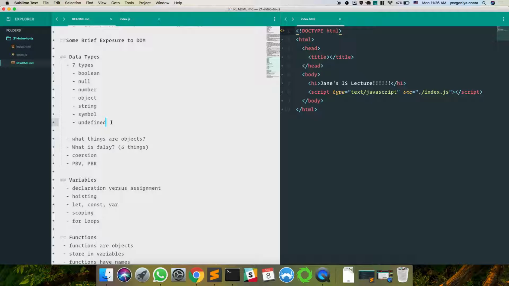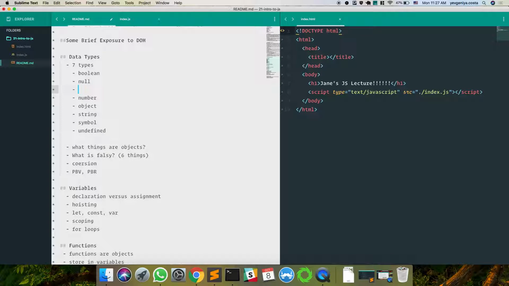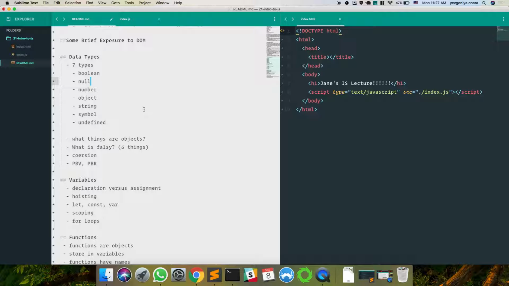Does anyone know? The difference between null and undefined is with null, it means a human put it there. Someone specifically wrote in the code, I want this thing to be null. Don't mess with it. Usually you can start off with something being null and then assign it later. With undefined, it usually means you forgot to define something.